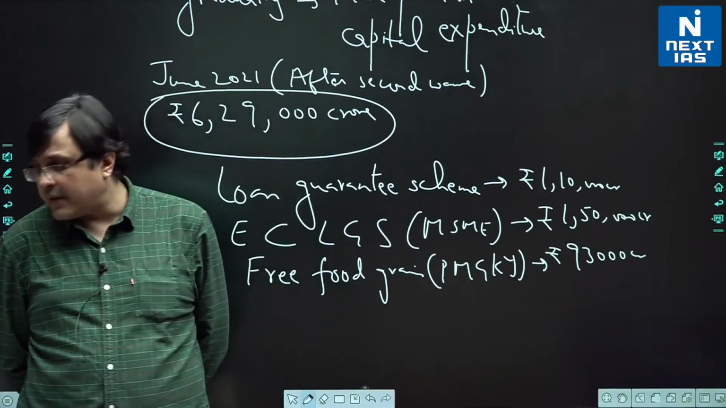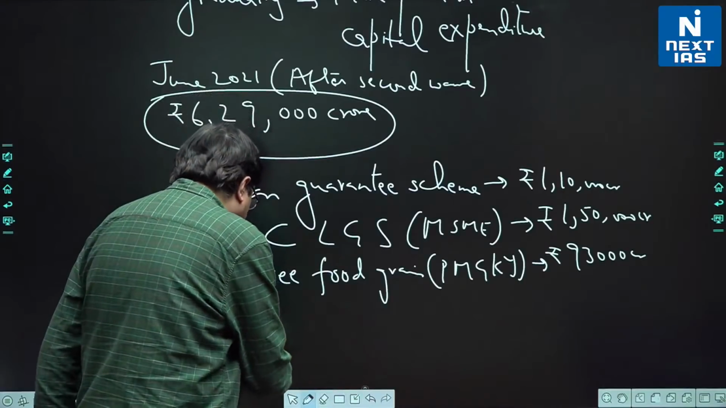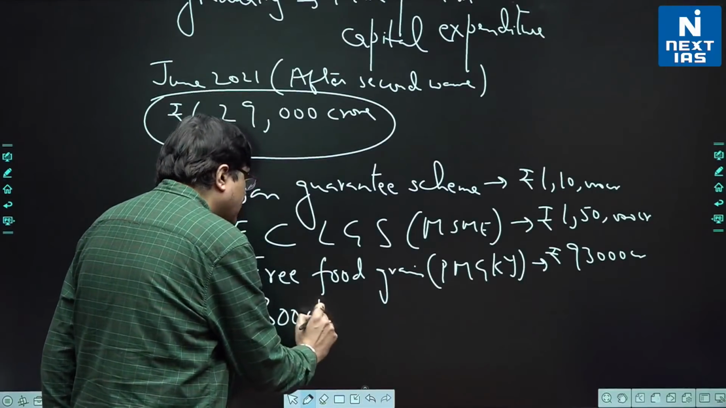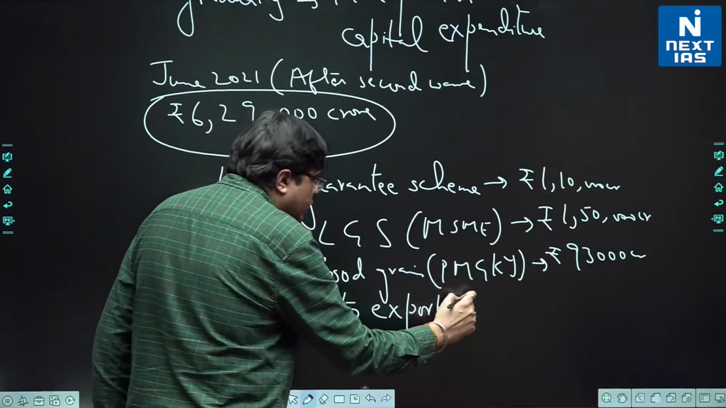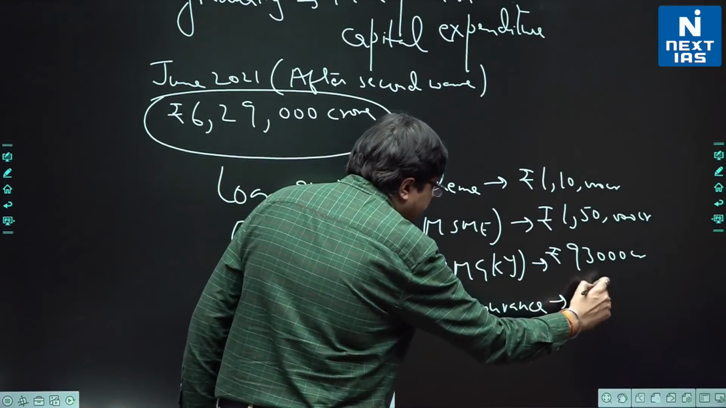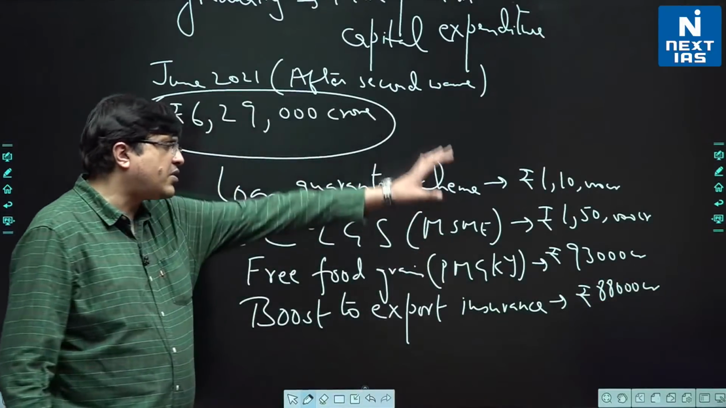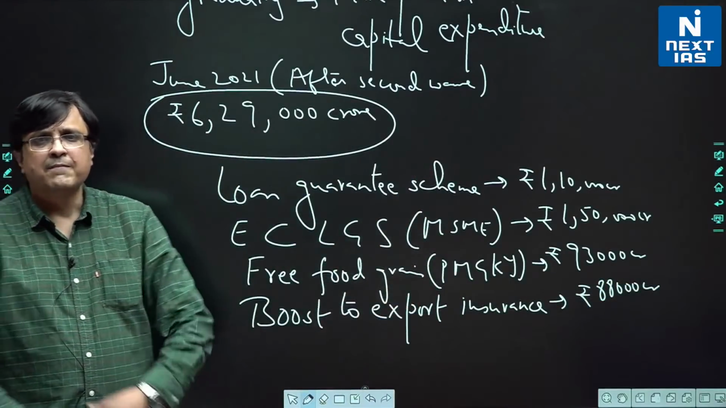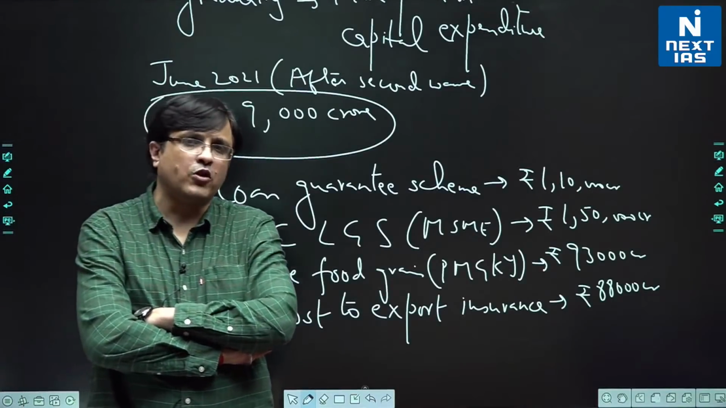And also the government gave a subsidy for export insurance cover, so a boost to export insurance, that is giving insurance to exporters, so in case of any uncalled loss they can be helped. So that was another 88,000 crore. These 3-4 things you can keep in mind, that this was during the COVID pandemic second wave that the government